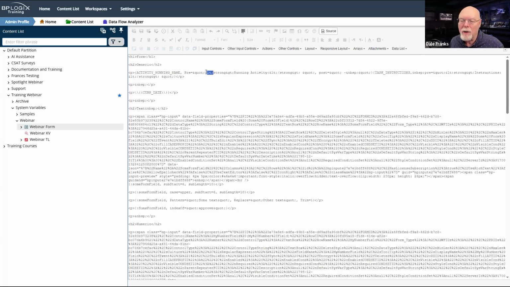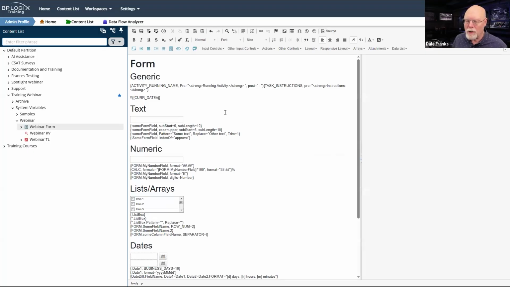Actually, I should probably include the semicolon there. But if you just manually highlight this in the form designer and boldface it, it'll work too. In any event, let's run the form,